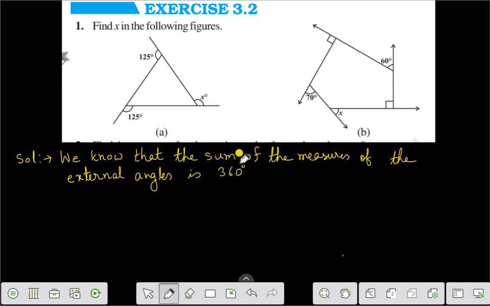We know that the sum of the measures of the external angles of a polygon is always 360 degree. The sum of the measures of the external angles of any polygon